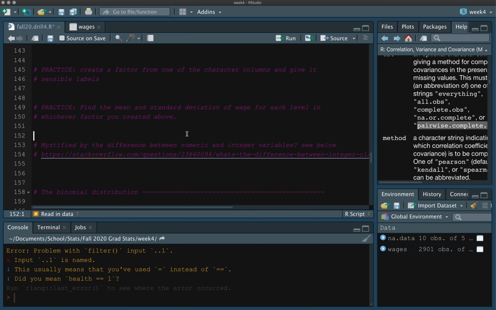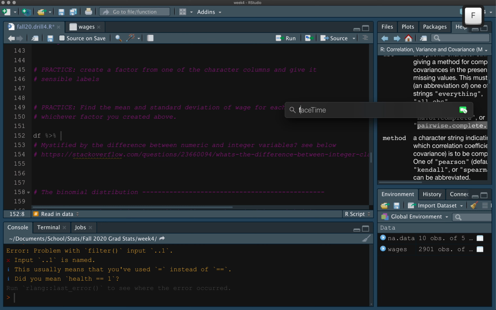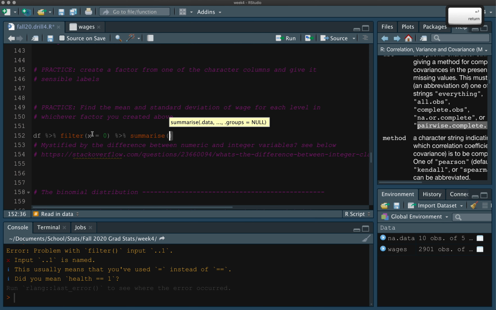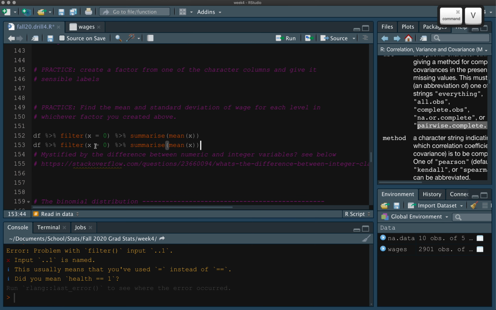So you shouldn't ever have some data that you pipe into a filter x equals 0, and then that into summarize mean x, and then do the same thing for x equals 1, and we'll say this is mean y. So this is bad,